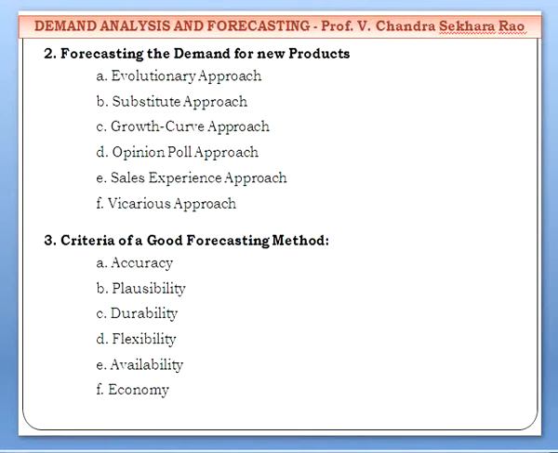Plausibility, understandability. And the durability, third one, that is the relations established must be durable for extending to other products. And flexibility, the method should not be rigid, it should be flexible for modifications. And availability, so if you design a model without the data or something not available, there is no use. And economy, so if the method is too expensive, it may not be within the reach of several companies. It should be economical also. So a good forecasting technique must satisfy these 6 criteria. These criteria were also given by Joel Dean.